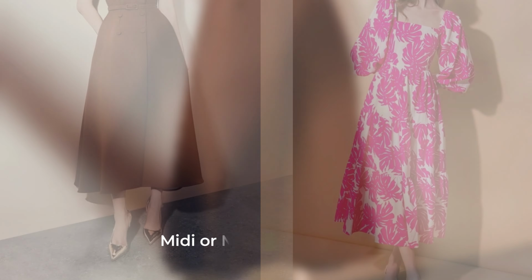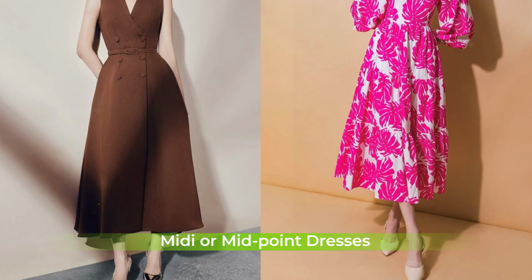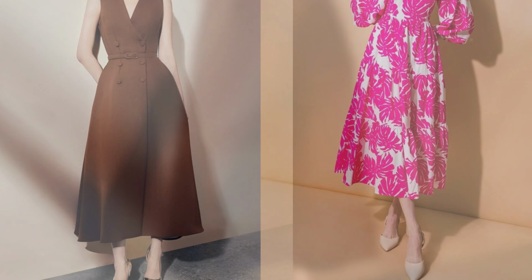Okay, this is me being extra right now. For cut heels, one of the perfect combinations to go with are midi dresses or midpoint dresses. Because of how well cut heels elevate your leg, it elongates your leg in such a sexy way. So wearing outfits that show some sort of skin on your leg, like a midpoint dress or midi dress, can totally go